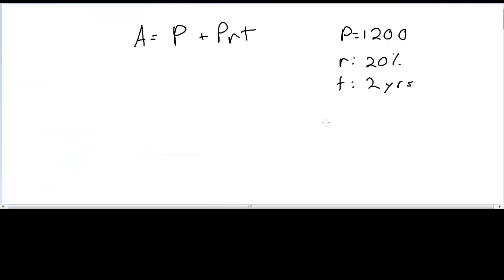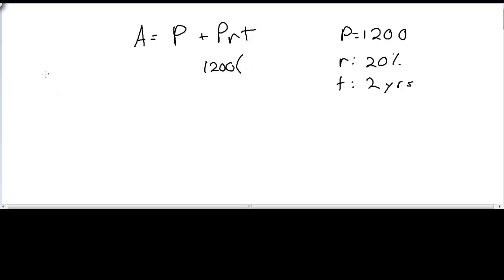So to find out my total cost, I need to figure out first the interest that Leroy accrued over this 2-year period of time. Interest meaning, in this case, what he has to pay in addition to the original value of his computer. So put in our values. 1,200